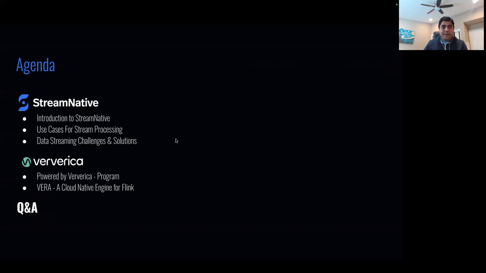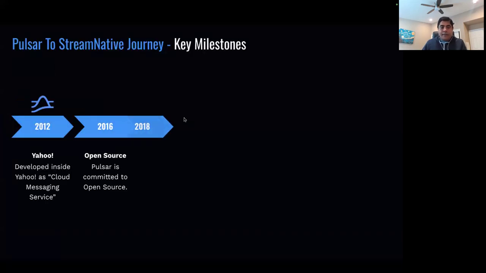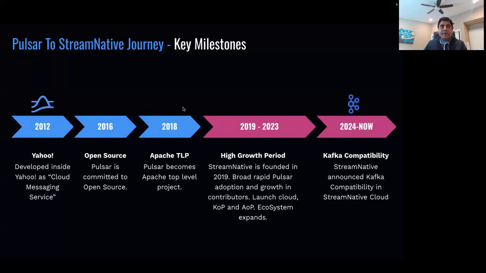Yeah, so I'm super excited to partner with Ben to chat about this today. But just for the benefit of the folks who are not familiar with Stream Native, I thought I'll quickly cover some background about the company. So Stream Native is created by the founders of Apache Pulsar, a technology that was created back in 2012 in Yahoo. It supports both streaming and messaging, and that was open sourced as a part of the Apache Software Foundation. And it went through the life cycle, made its way to being a top level project.